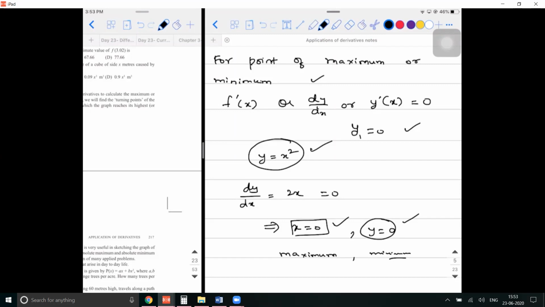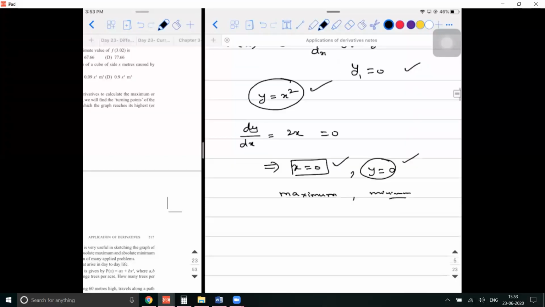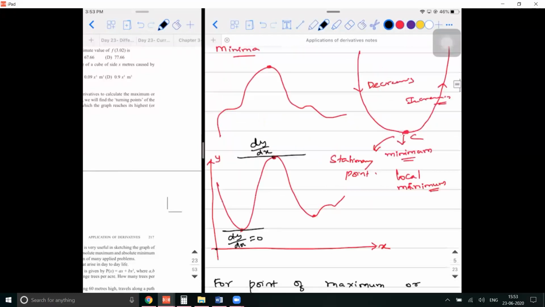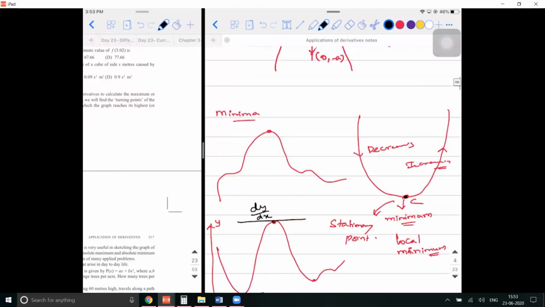We need to find if it's increasing or decreasing at that point. At where? Before it reaches the point of maximum or minimum. What is the technical name of it? We call it left limit and right limit. Of what point? Point of maximum or minima. That is nothing but the stationary point. So, very good. Once you find the stationary point, you yourself told me graphically that this is the point of minima. So before minimum, what is happening? The function is decreasing. After minimum, the function is increasing.